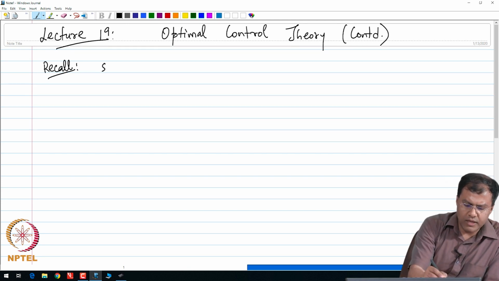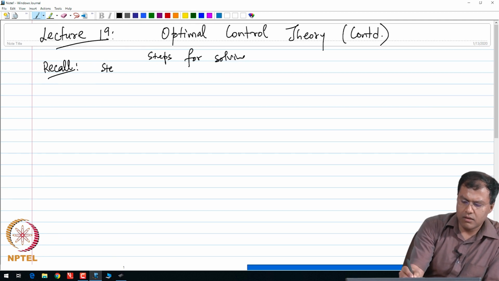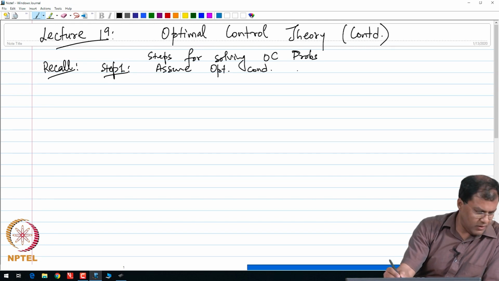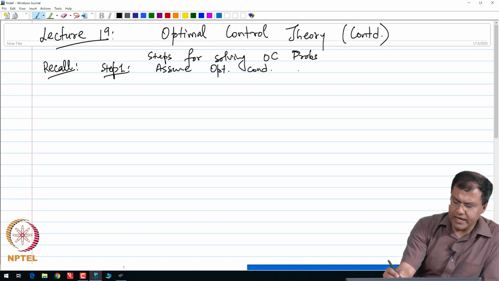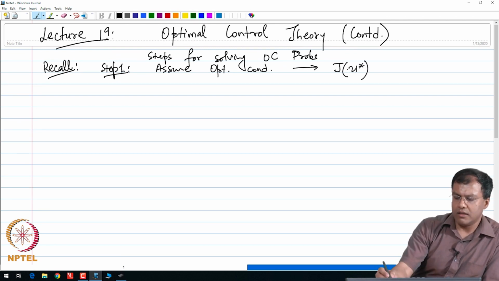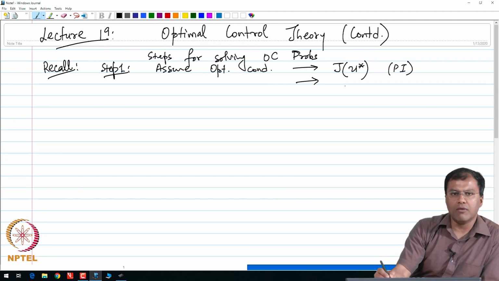Recall my step 1: we assumed optimal conditions, and in this optimal condition we write down our performance index, or the functional, at optimal values,